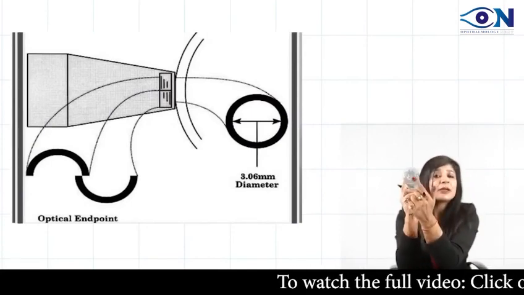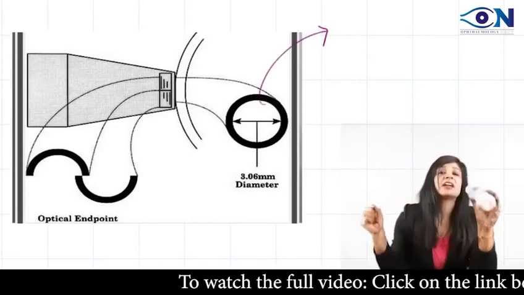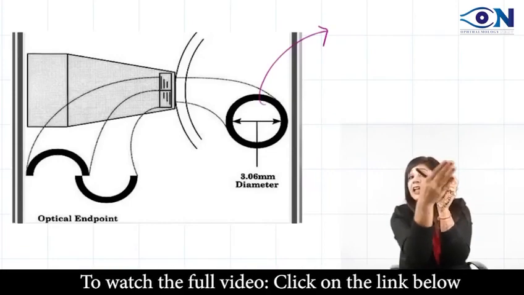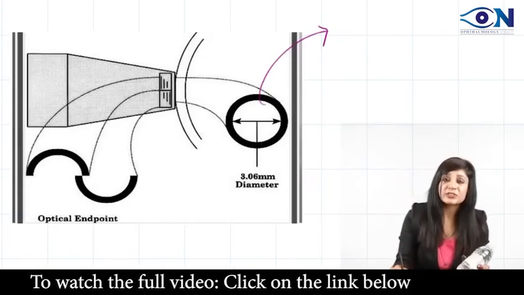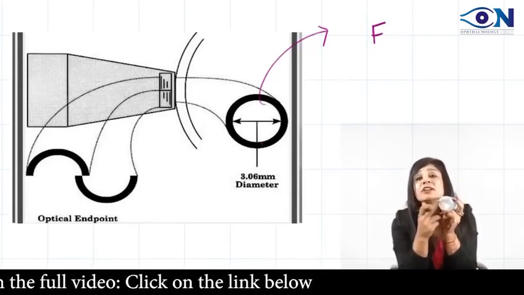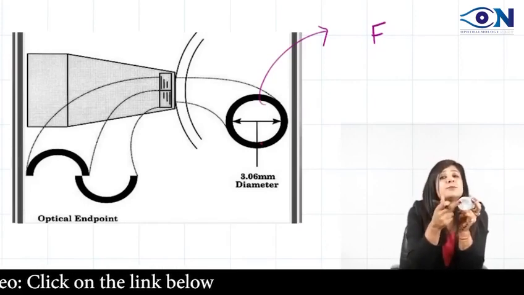So what part is coming in contact? This one, this circle. That is why we are getting this circle of contact. Why? Because the probe circle is coming in contact and the cornea is transparent, so we have to stain. Which stain? Fluorescein stain, therefore green. And what filter do we use for fluorescein? It is the cobalt blue filter.